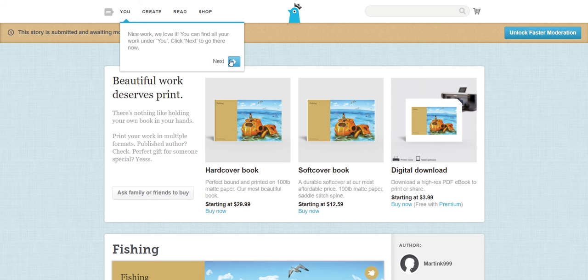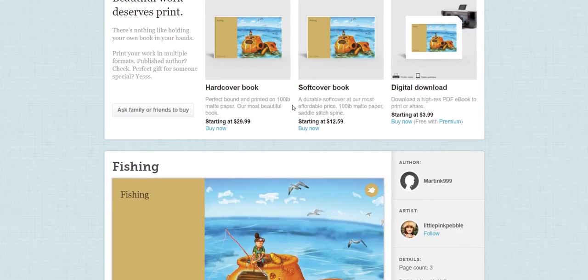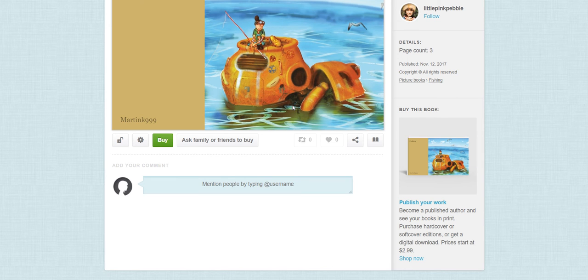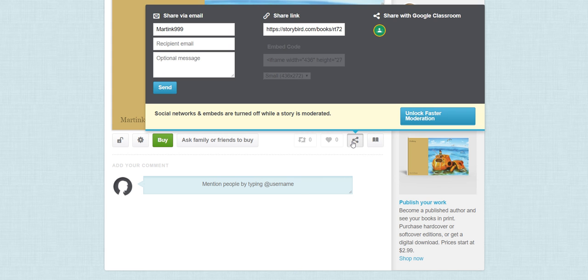And then it tells me, nice work. I have a couple different options because now I've saved it. There's a couple different things that I can do with it. I can decide that I want to have it printed as a hard cover, as a soft cover, or as a digital download. Another option that I have is I can choose that I'm going to share it on social